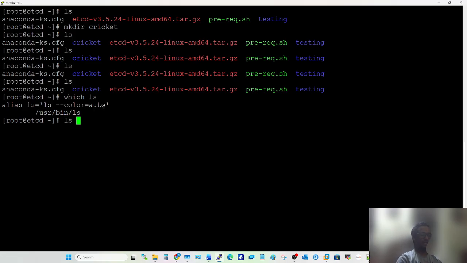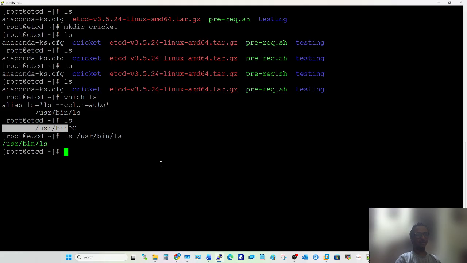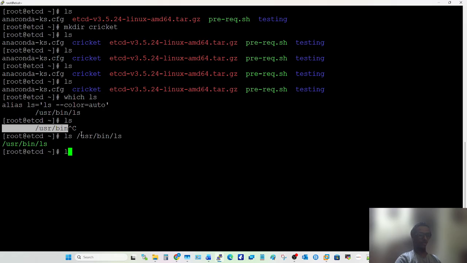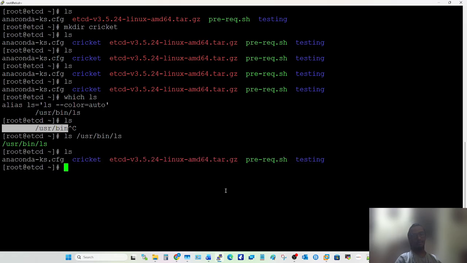If you want to see whether that file is in green or not, ls /usr/bin/ls. You can see this file is in green. This is the file which is going to execute here as a command. So every command in Linux is a file.